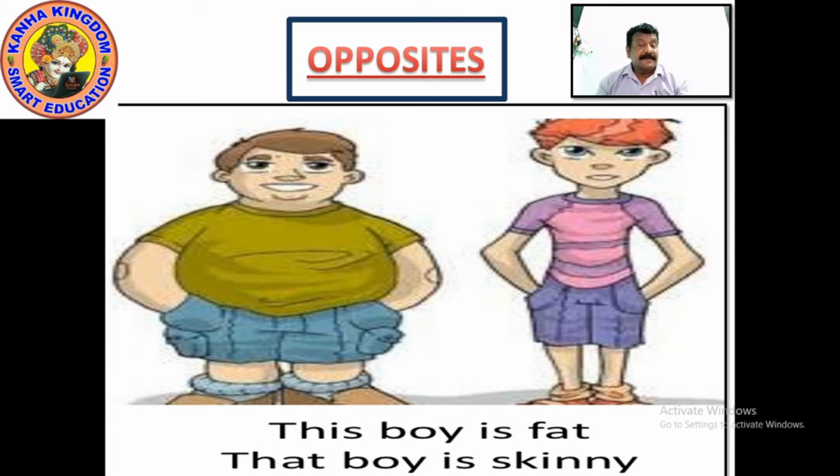Right? So this boy is fat. That boy is skinny. Please write it down. These are two opposite things, fat and skinny. We have addressed two separate boys. Earlier we saw that he was addressed as fat and that one as skinny, but this time we have used them in a sentence. In that sentence we have used that this boy is fat, and in the second place, that boy is skinny. Please write it down.